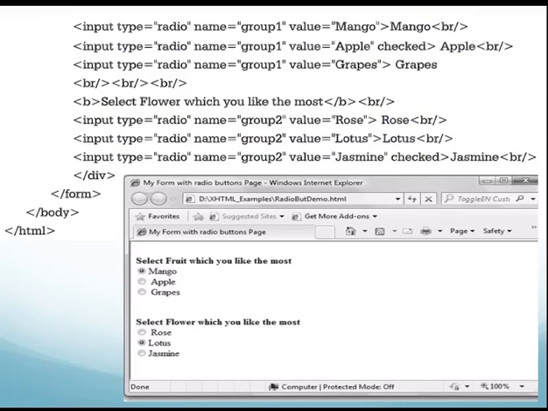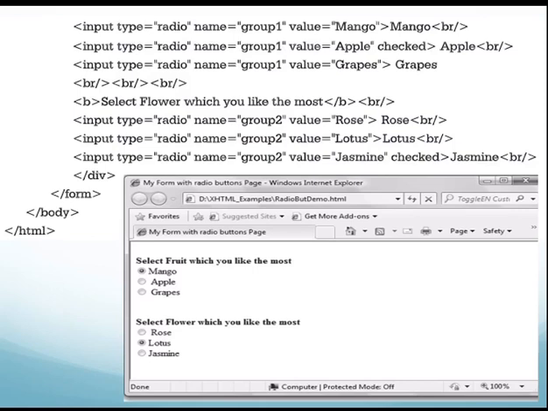Then next for lotus, input type is equal to radio, name is equal to group2, value is equal to lotus, then the lotus text, again a break tag. Input type is equal to radio, name is equal to group2, value is equal to jasmine, and since I have written checked, jasmine should be checked. By mistake in the output lotus is checked, but actually the jasmine value is checked. So here you can select only a single value from multiple options. Okay, that is the case of radio buttons.